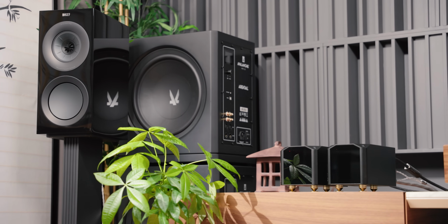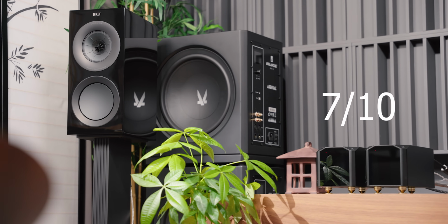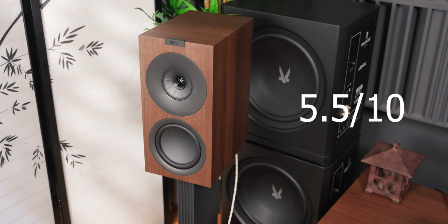At a volume of 70 dB or less, I would rate the R3 Meta at a 7 out of 10, while I would rate the Concerto at a 5.5 out of 10. And again, the reason the Q Concerto scores lower in this category is because of that V-shaped sound. When it comes to vocal tracks, it doesn't do so well at lower volumes because I have to crank